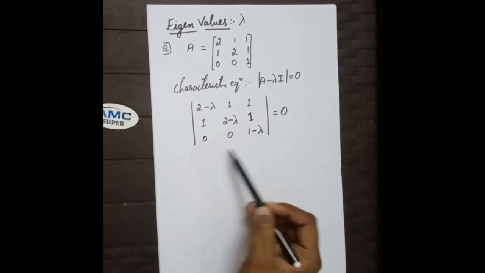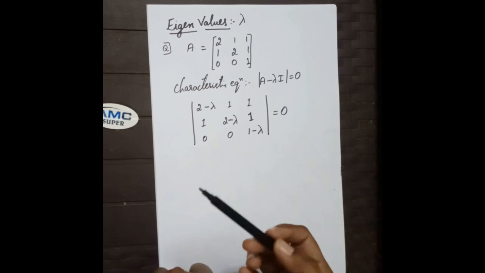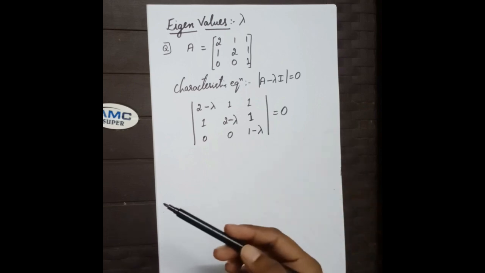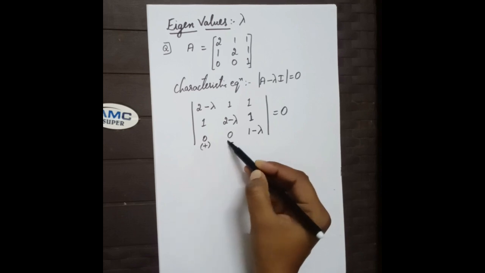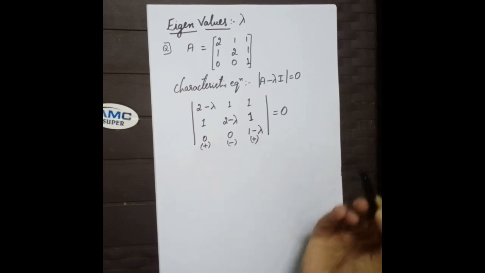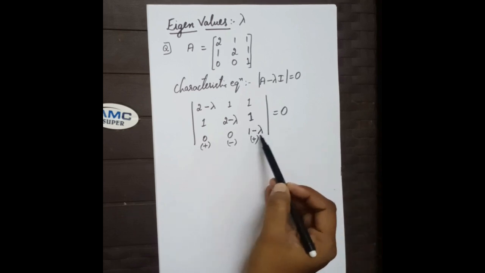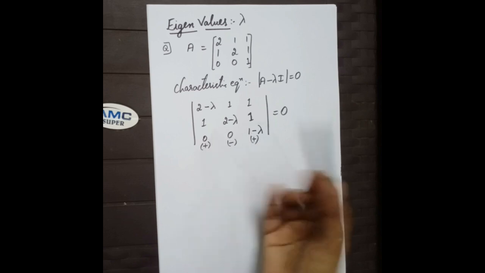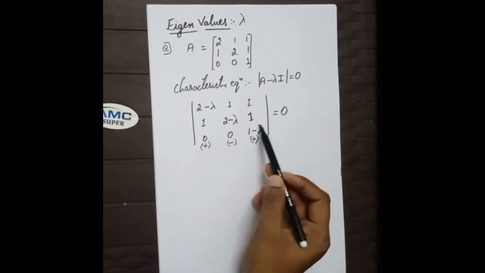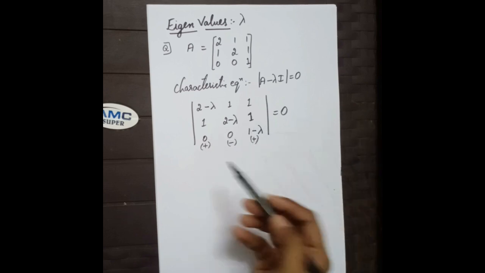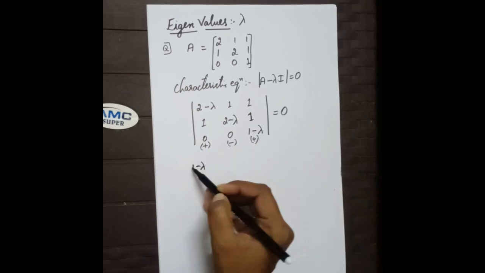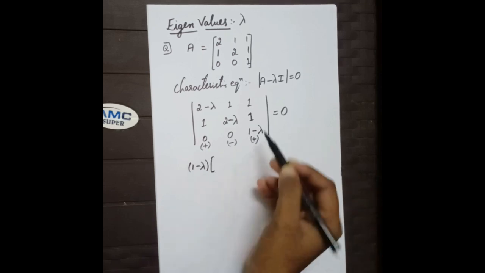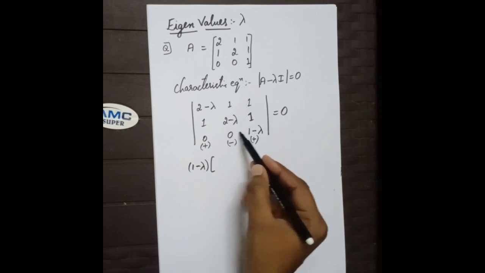So if we consider the last row, it's very easy to solve this determinant, because 0 into anything is 0, so we only have to deal with the last element. This makes it easy. Let's write 1 minus lambda into, neglecting this column and this row,